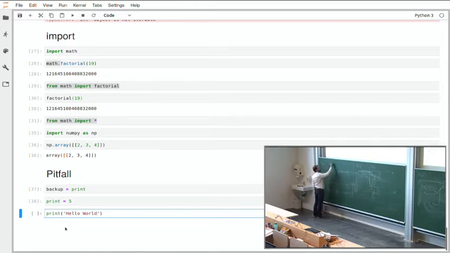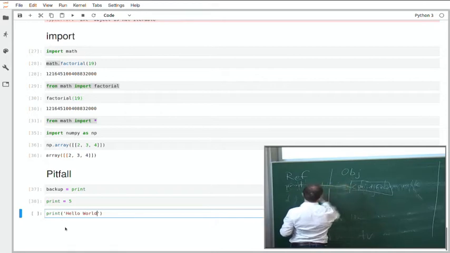So the problem is that print is a reference like all the other references. You have a reference called print in your global scope, and it points to some special object, which is the print function. If you say print bracket something, then you follow this reference, you go to this function, and you call this function. Now what we did is we assigned the reference print a new object,